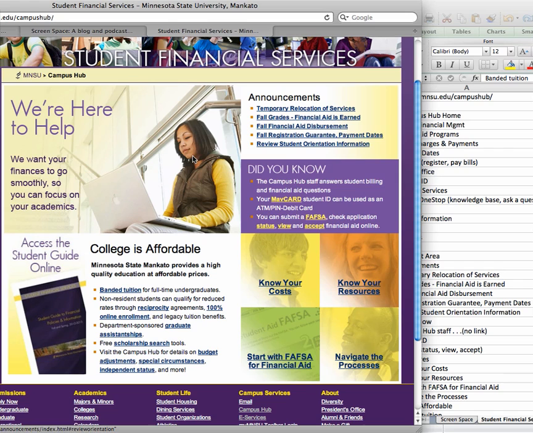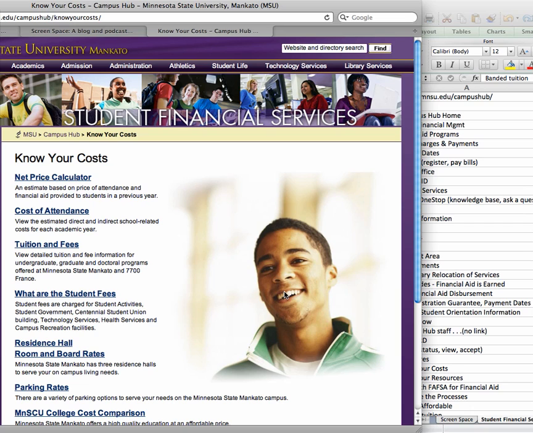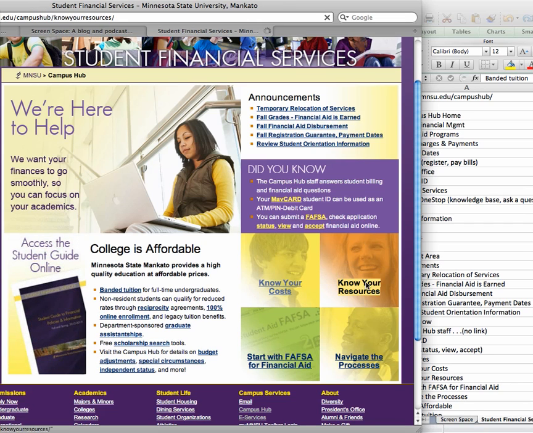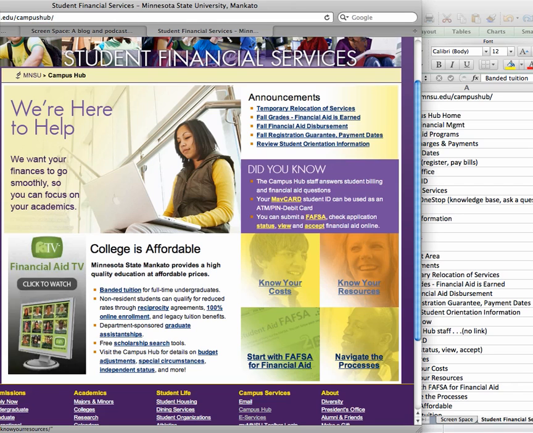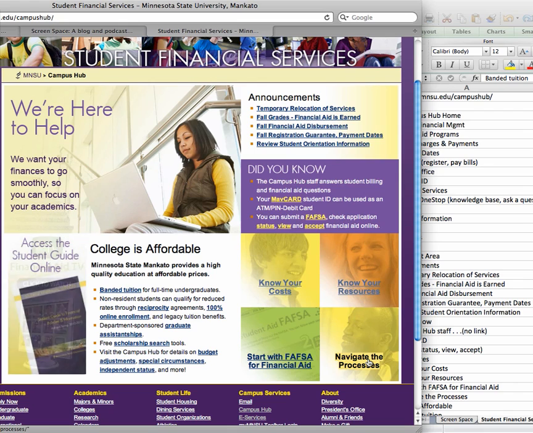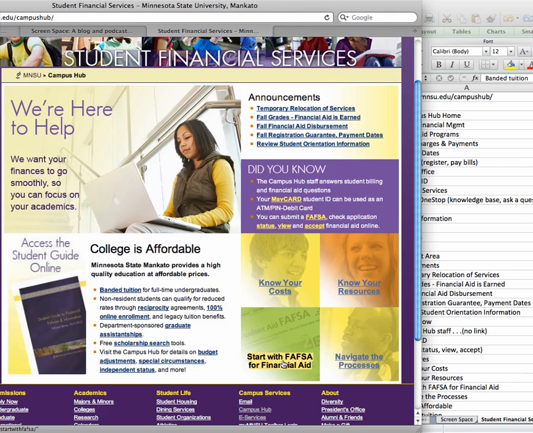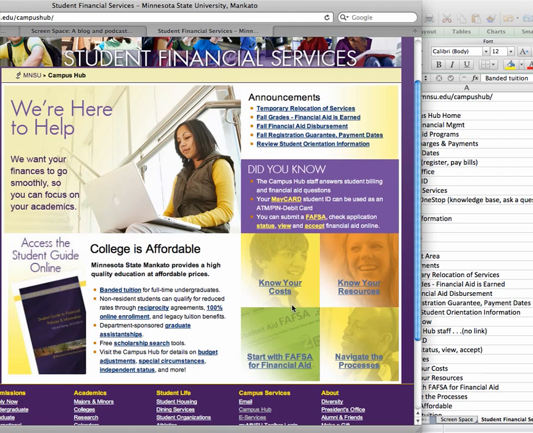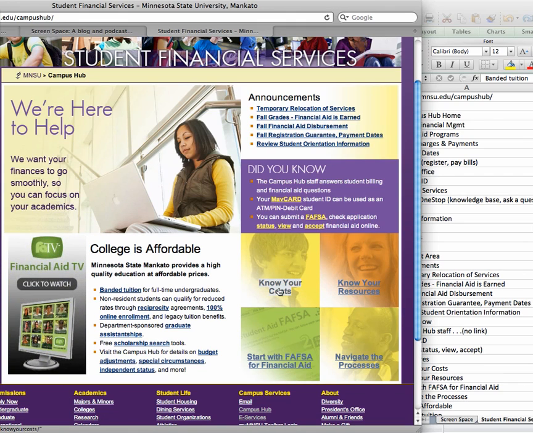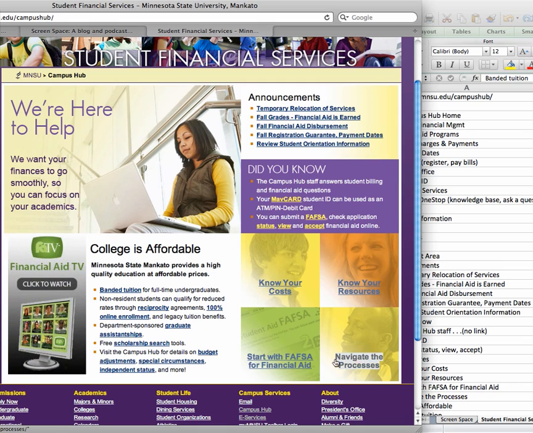If I was working on this site for assignment 5, I would certainly click into these areas to make sure I understood what they were about. It looks like know your costs were what I anticipated. Know your resources is about different types of aid. I really hate that link name. Maybe how to pay for college would be a better title for that one. Navigate the processes is also what I anticipated, and start with FAFSA. So an MSU page all about FAFSA. I think the information in this section is actually really important, vitally important, particularly for undergrads, also for graduate students. So, although anything that has to do with FAFSA